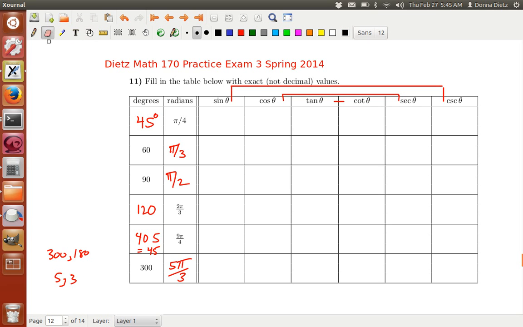If you want to learn how to use that feature on your calculator, come to office hours, and I'll try to figure it out. The Texas Instruments I know how to do, but the Casios and the other ones, they also do it too. Alright, so